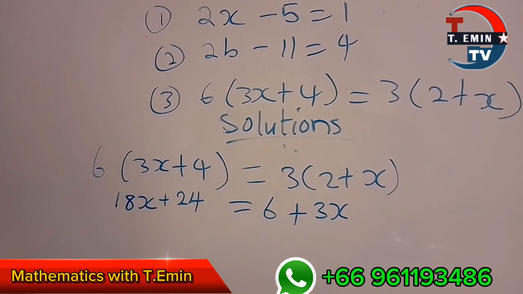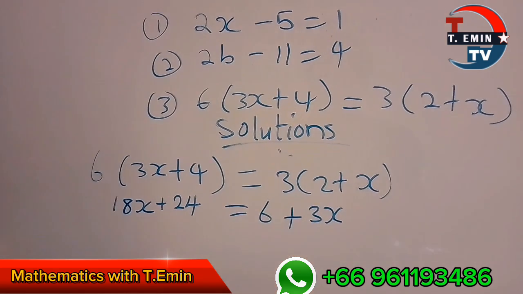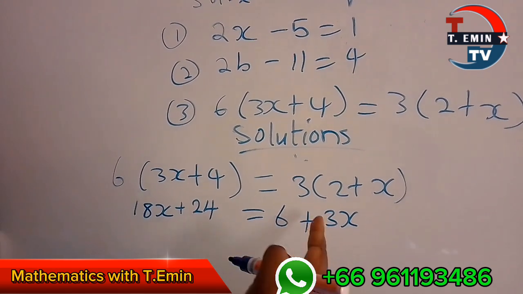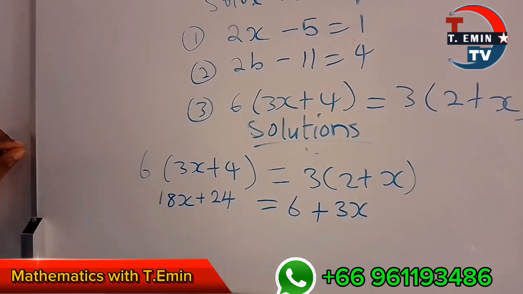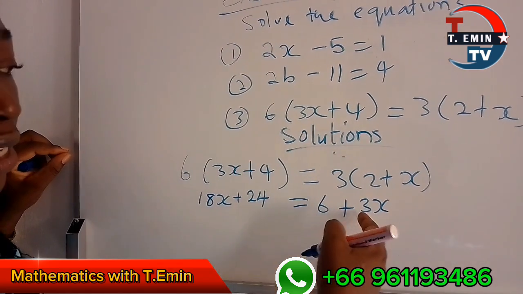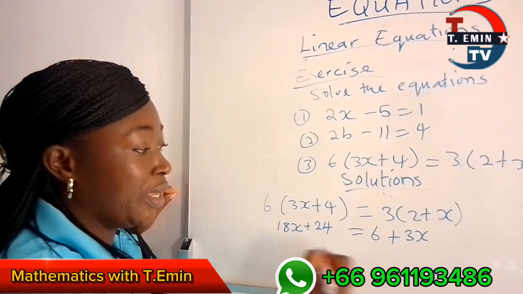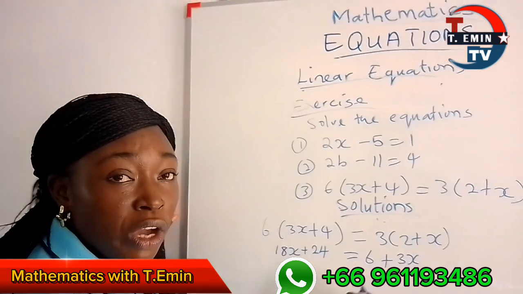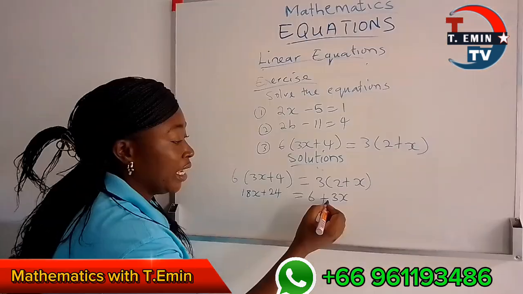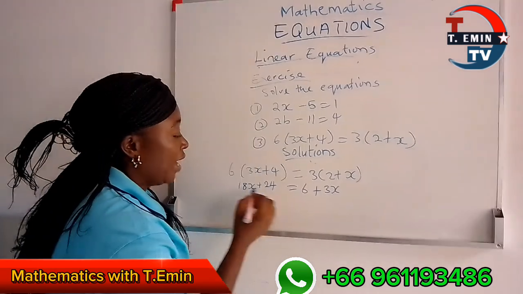Okay? Now what we are going to do is combine the x together. And anything that crosses the bridge, the sign has to change. If I am crossing this x this way, if it is positive, it will become negative. If it was negative, it will become positive. So right now I have